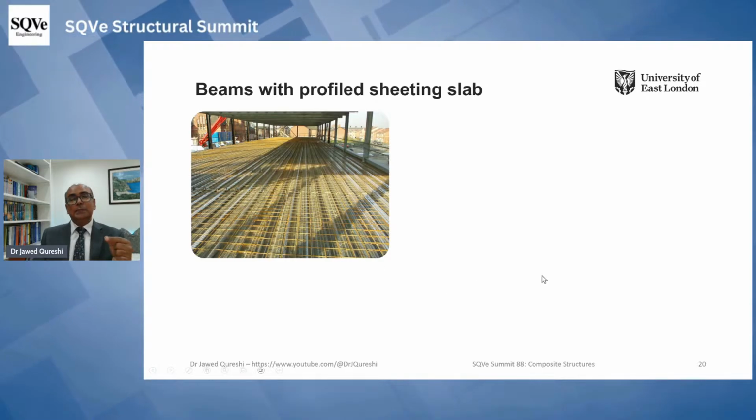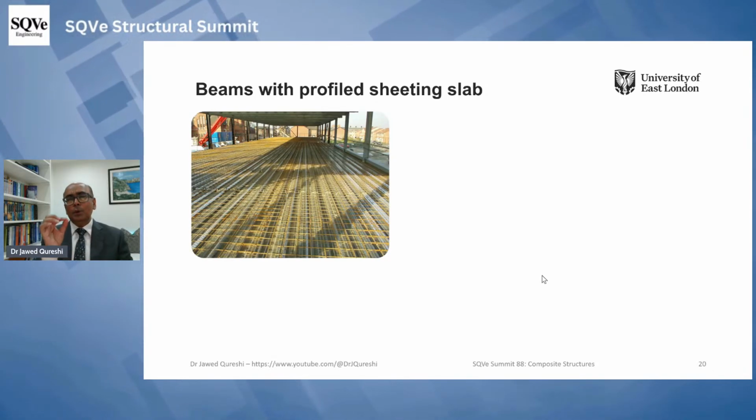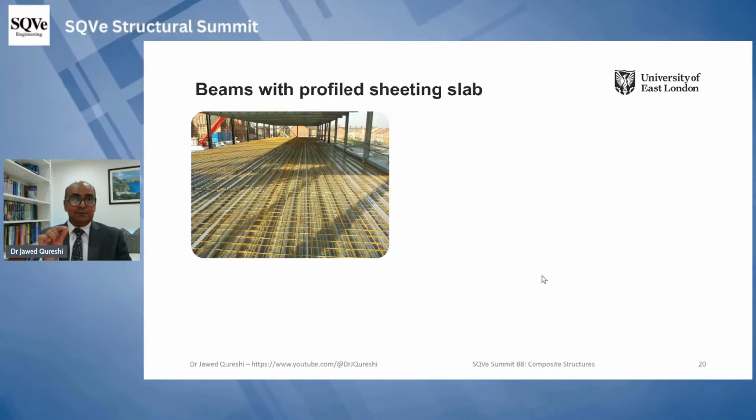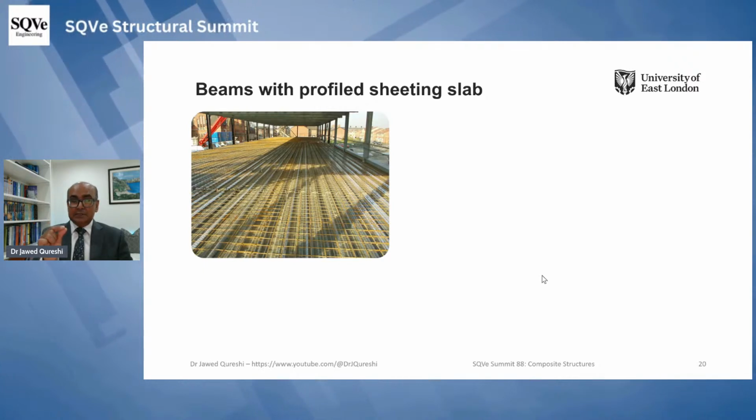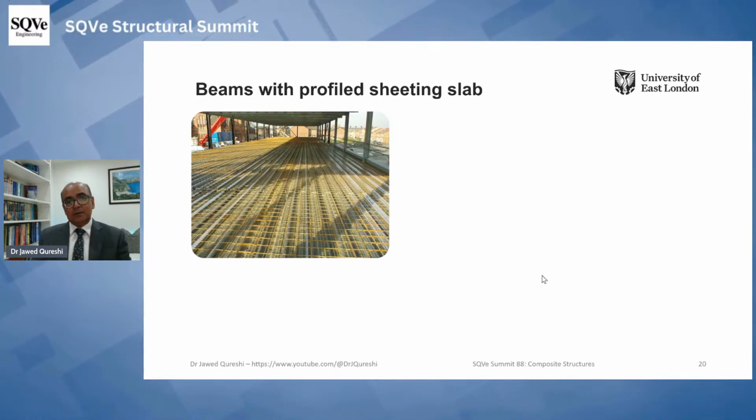The next step is we lay mesh reinforcement on top of the steel deck. Now, what is the purpose of this mesh reinforcement? The only purpose of this mesh reinforcement is that it is used for temperature and shrinkage cracks. It is not doing anything else at all. It is not providing tension reinforcement to the concrete because it's not at the bottom. It is at the top. The only purpose is that we want to avoid those shrinkage cracks.